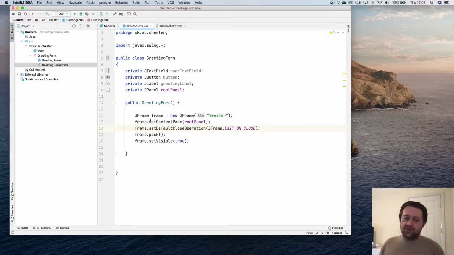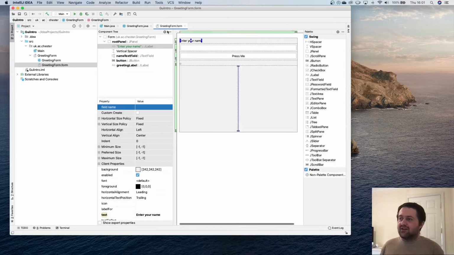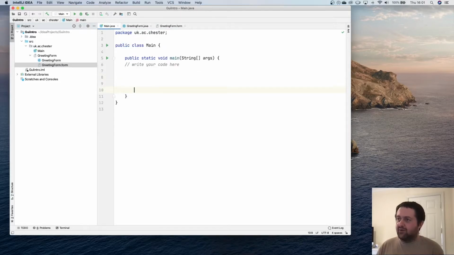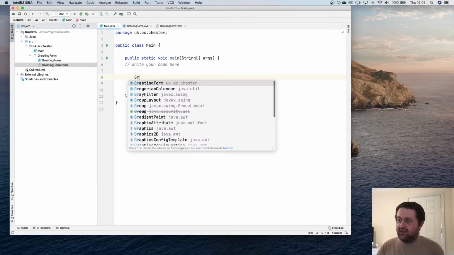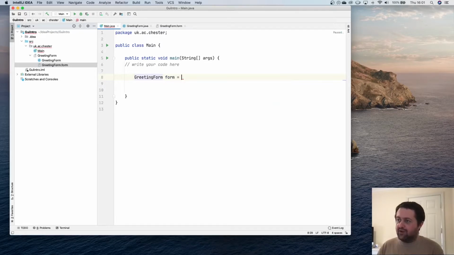Okay, so we're almost there. The only thing that's remaining to do is actually to say that when we start our application, we create a greeting form, and literally all we need to do for that is to say greeting form equals new greeting form. Okay, and the program now won't exit until we close that form. So if we launch it,